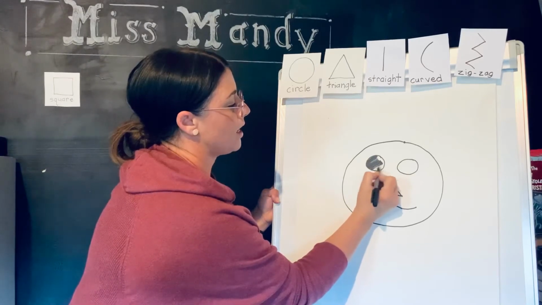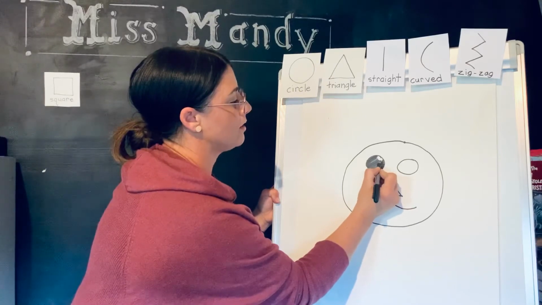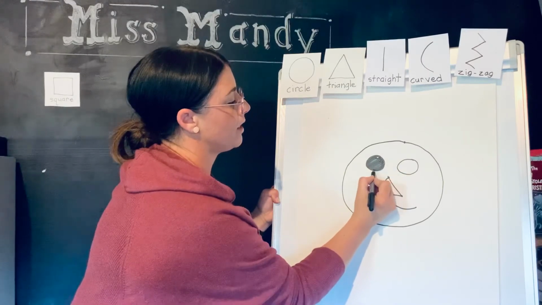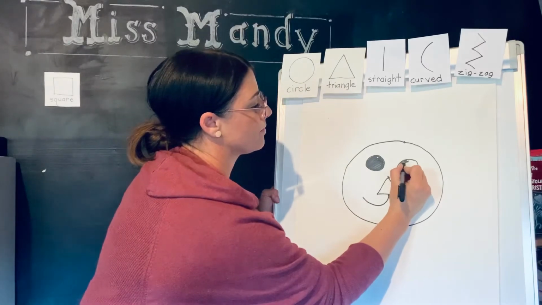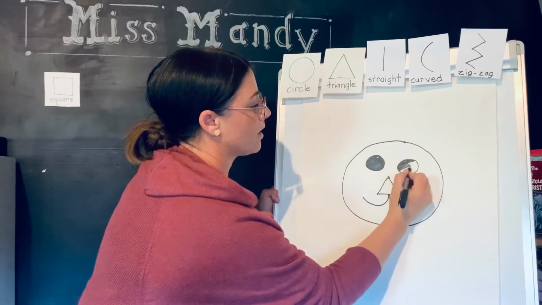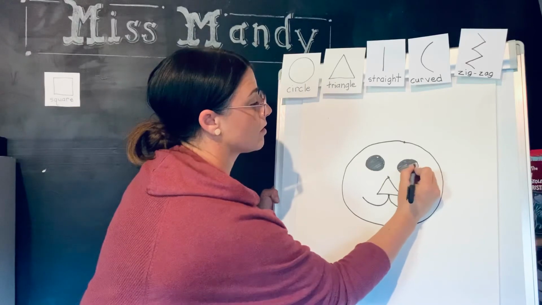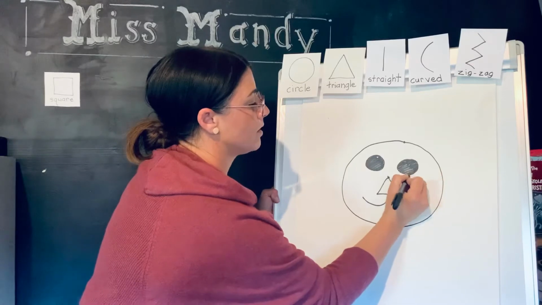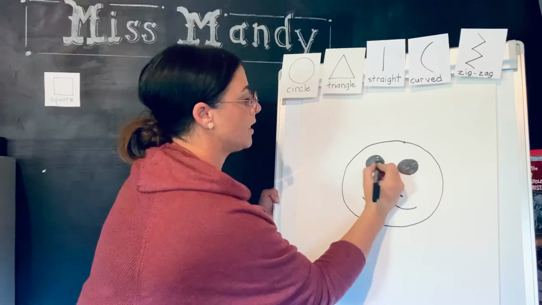So we're going to try to stay inside of our circle, our small circle, and fill in both eyes with your black marker. All right. So once you're done filling in the eyes,